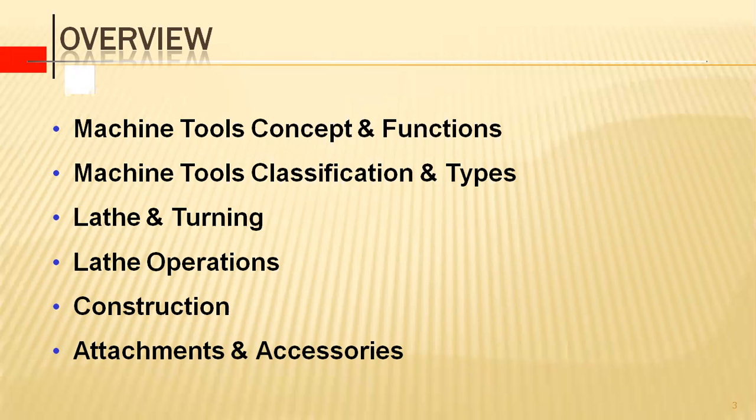Regarding the lathe and turning process in detail, different lathe operations as we have discussed, the knurling process, threading process, drilling over the lathe machine, step cutting process, facing operations, and so on. The number of operations that can be executed over the lathe machines we will be discussing in detail at that particular topic,